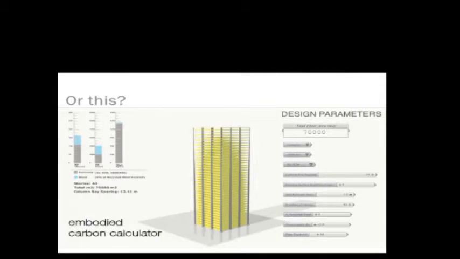So maybe we want something like this. I don't have a movie, just to keep it simple. So this is combining what structures is doing, what skin is going to do, and what sustainable group is going to collaborate with all these practice areas. So here we have the inputs as aspect ratio of the floor plate, number of stories for the building, and the massing of the building.